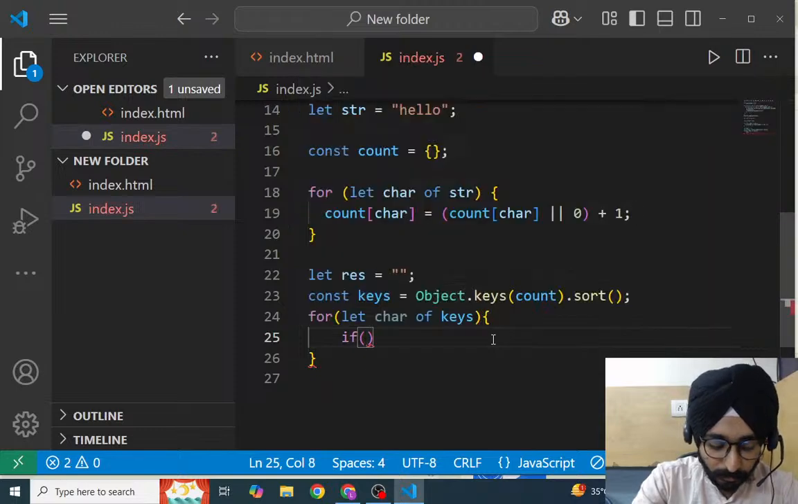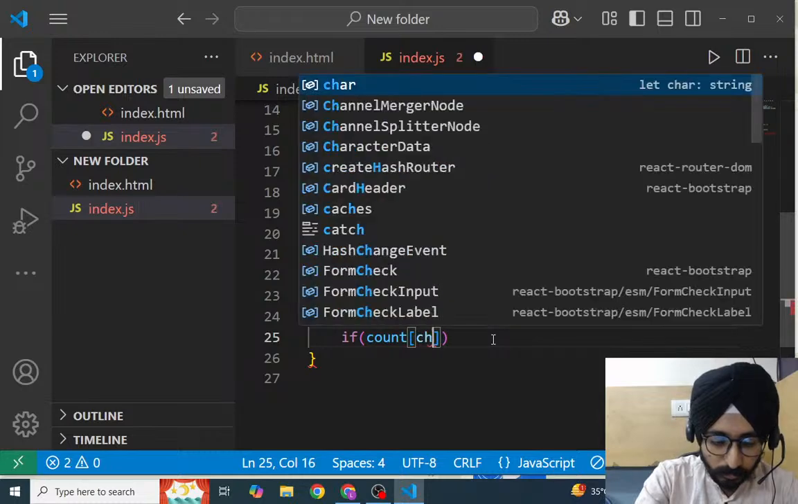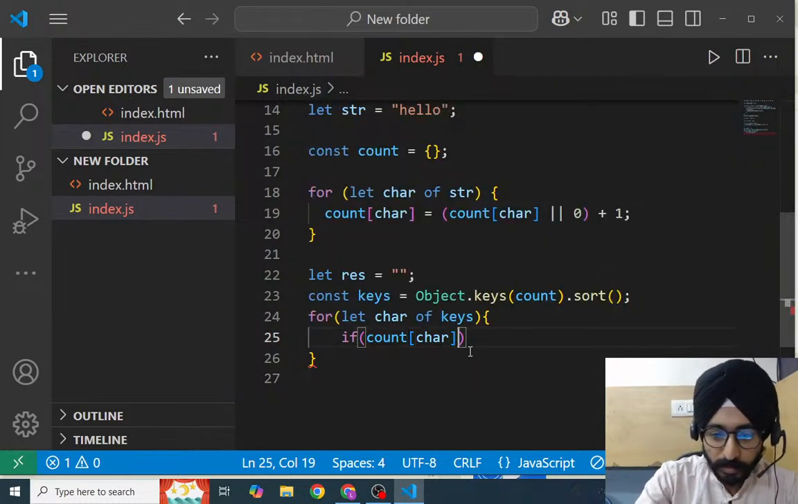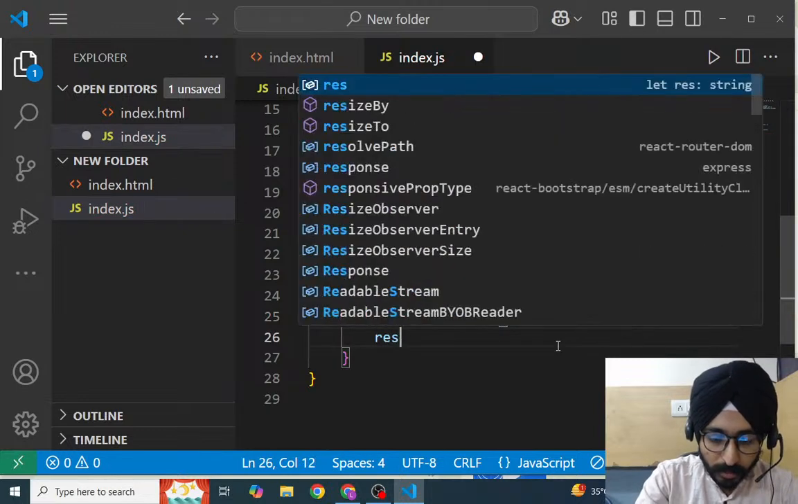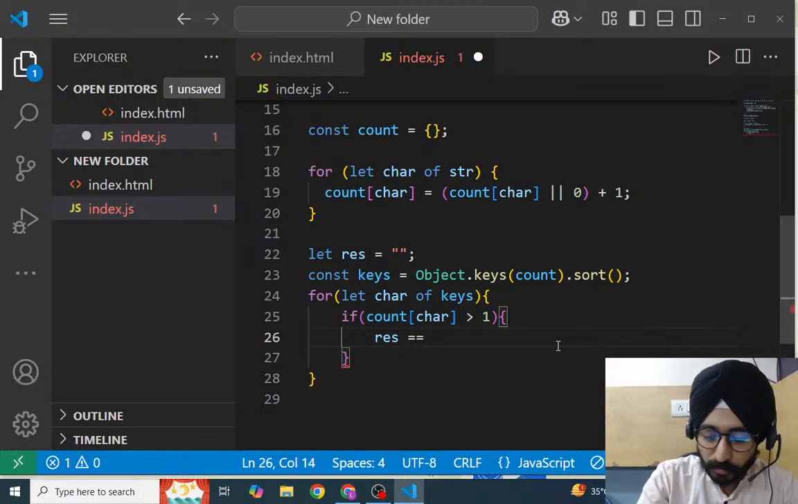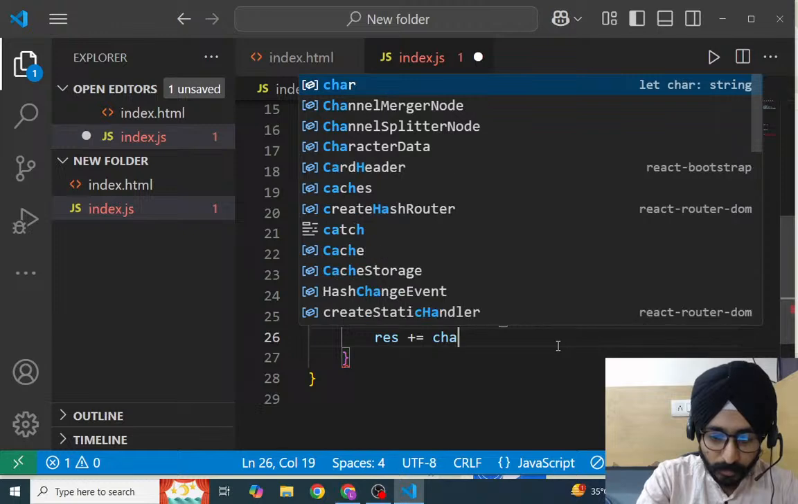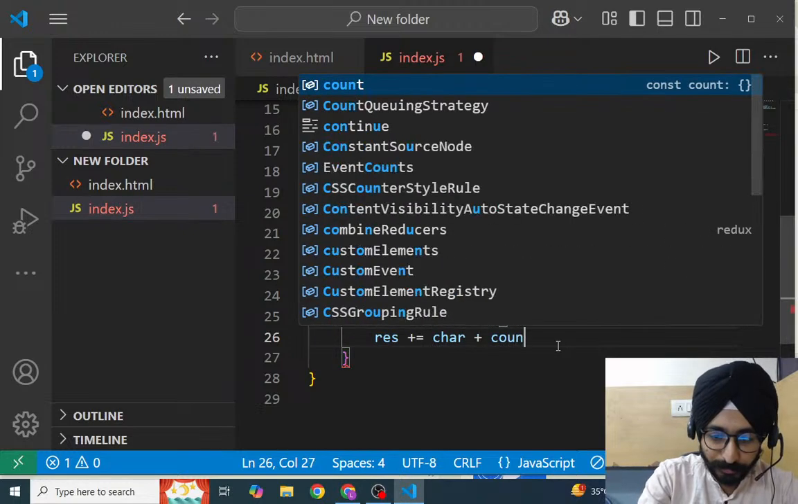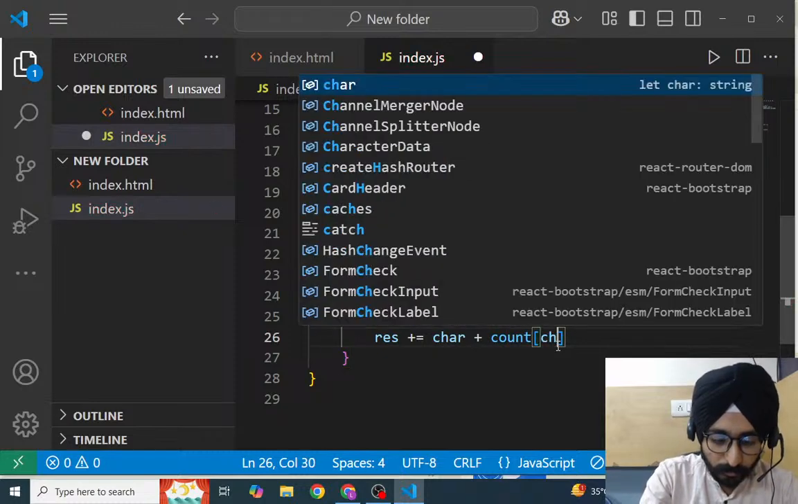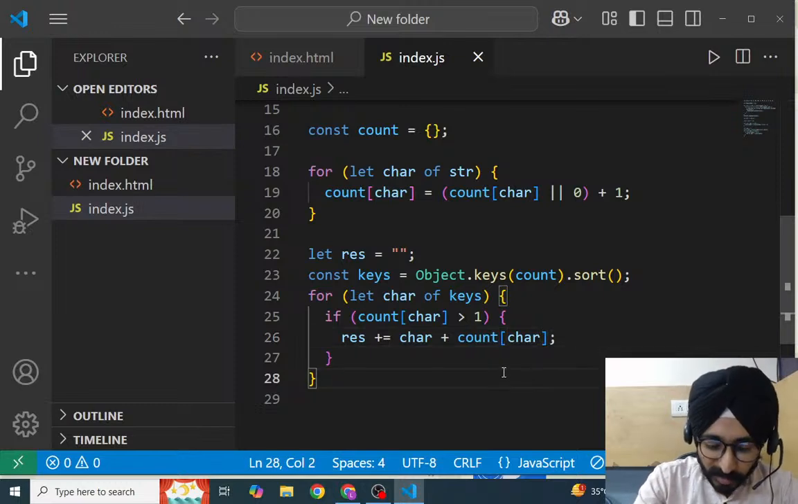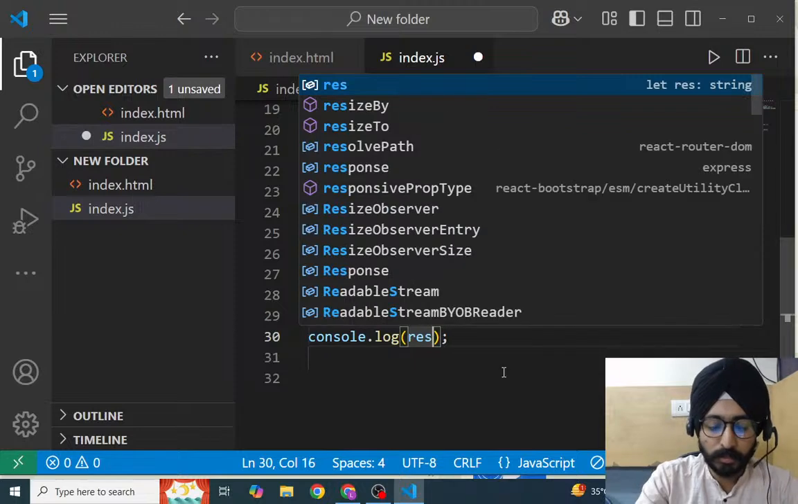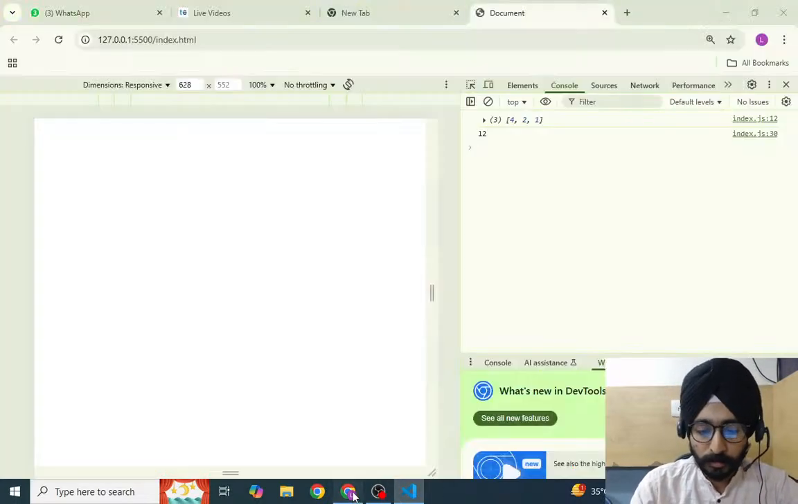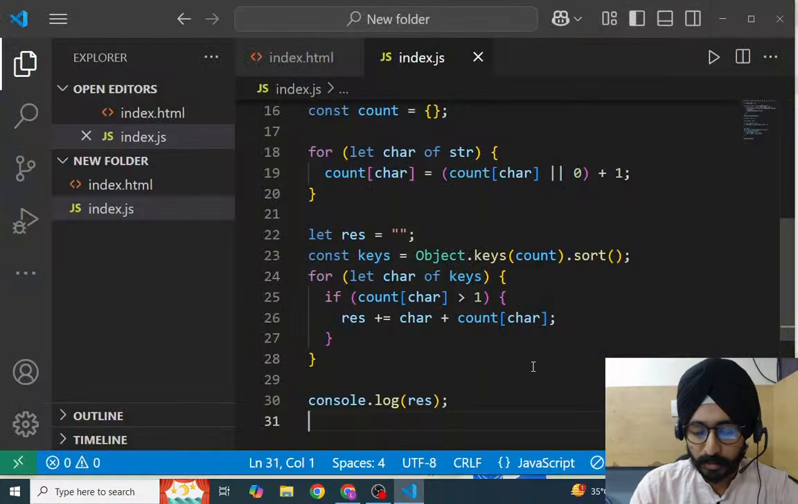so if count of char is greater than 1, so what we have to do, we have to just restore the result equals to, and plus equals to, right, so plus we are defining plus equals to character plus count। So at last we just console the result, so console result, so let it be getting यहाँ पे 12 here, why 12 here,